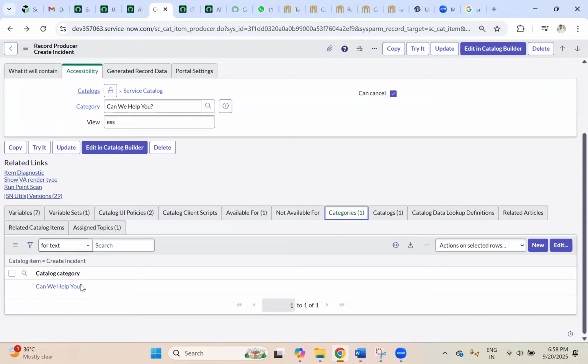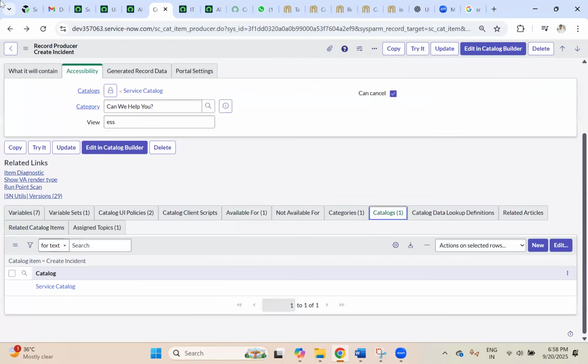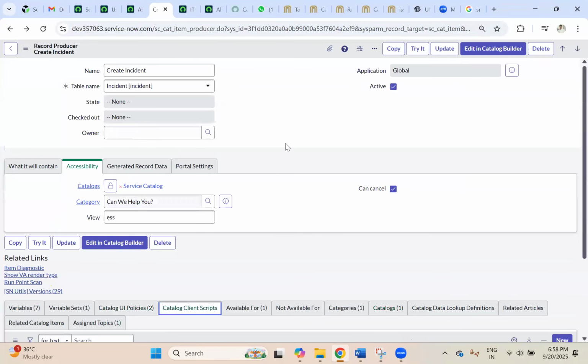So now, category we discussed, correct? The same here also, category is there. Catalog item is service catalog item, all of them. We mentioned service catalog item. So for all these others, you don't need to worry about this one, because even I have not gone through them: related catalog items, catalog lookup rules, related articles. You don't need to worry about it. We'll discuss catalog client script tomorrow. This is all about this form, okay? What we discussed. Now coming back, I will stop recording now and I will show some examples of how in the real